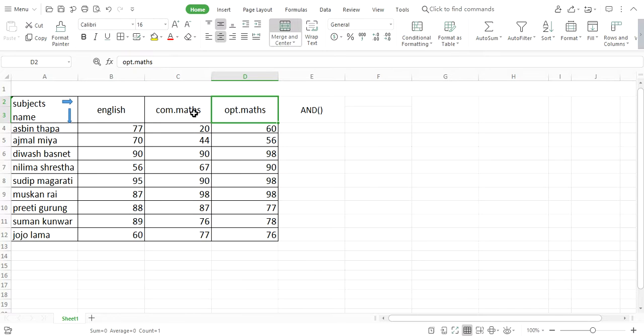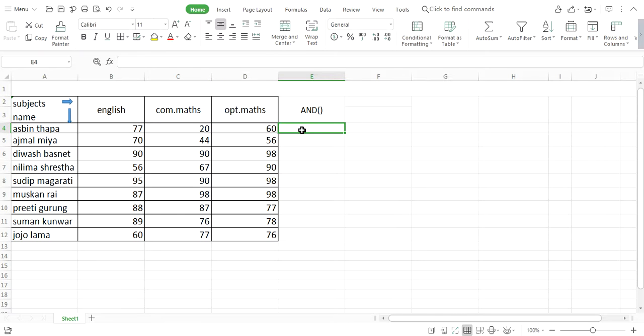The condition is that the marks of compulsory math and optional math should be greater than 40, then we will print good in mathematics, otherwise bad in mathematics.